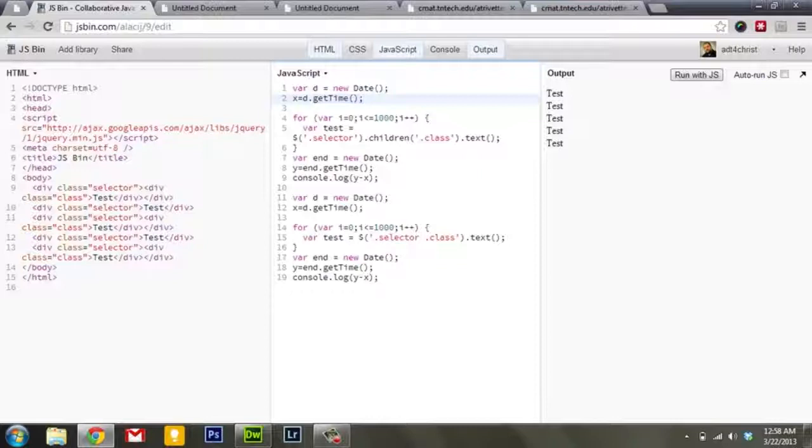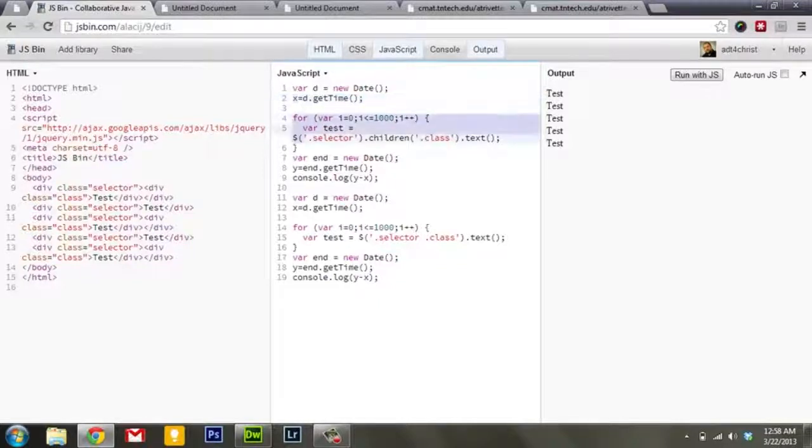And that pulls in from a set period in time, sometime in 1970, the number of milliseconds that have occurred since that set time. I believe it's called the Unix epoch. And what that does is allow us to compare two different strings of time and get the difference between them very easily. Okay, so we've assigned the value of x to be the number of milliseconds since the Unix epoch,